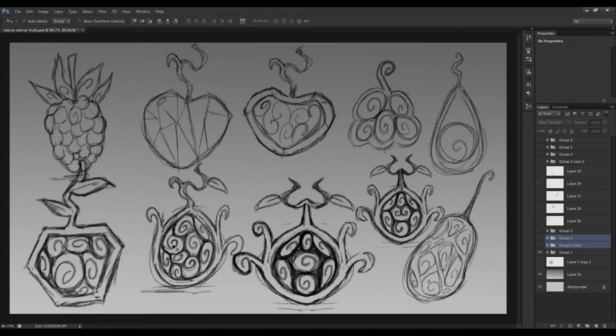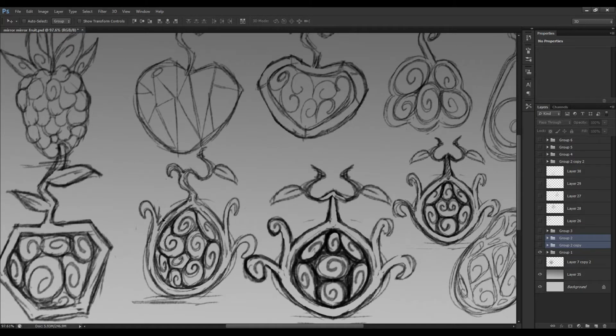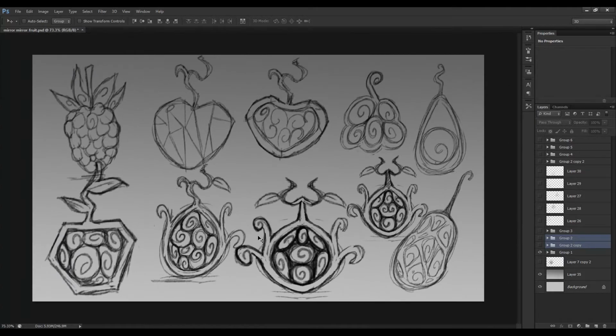And then I came to this one. I was like, okay, that's kind of a lopsided shape. It's got a really cool stalk on the top with a leaf for a little bit of accent. You've got these little bits that are breaking off from the outside, and it's got this skin on the outside. And what we're looking at is actually the devil fruit on the inside. So you'd have to peel open the skin, like maybe on oranges, or peel back like bananas to actually eat the fruit that's on the inside, which is cool. And you've got the swirls that are actually the fruit on the inside,